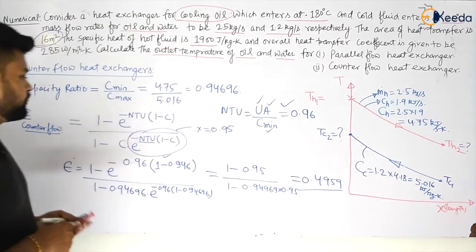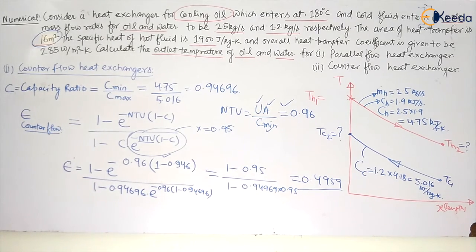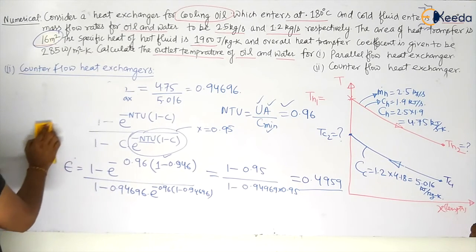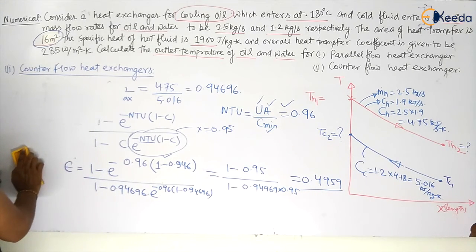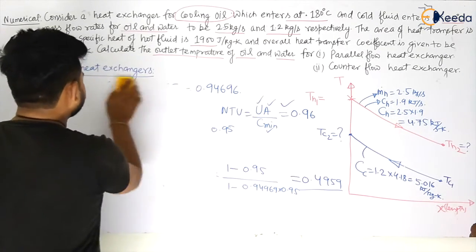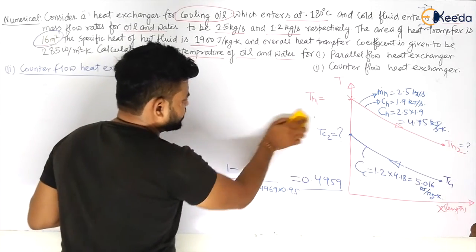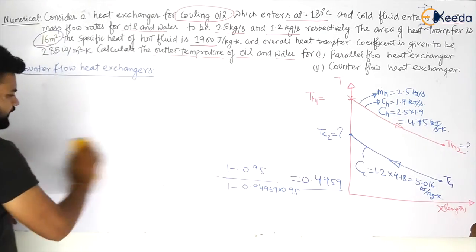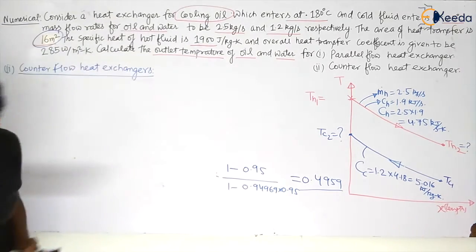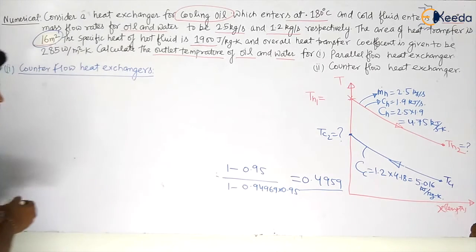Let us see. So again, the outlet temperatures will be given by what? We know the effectiveness we have calculated. It is very simple. A little bit lengthy calculation is there, but it can make things easy because they give the same cases, different cases for same heat capacity and phase change heat exchangers. So let us see, my dear students.